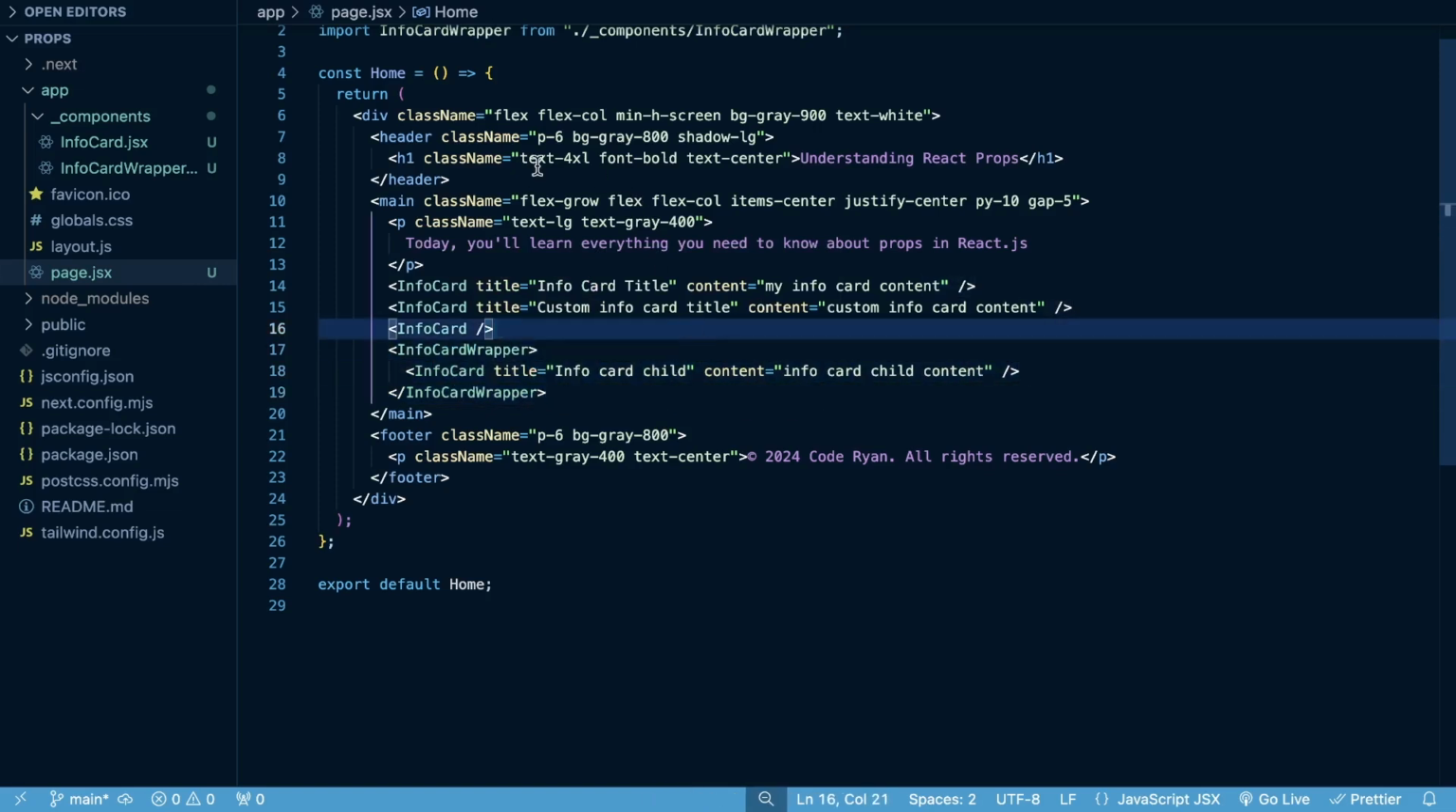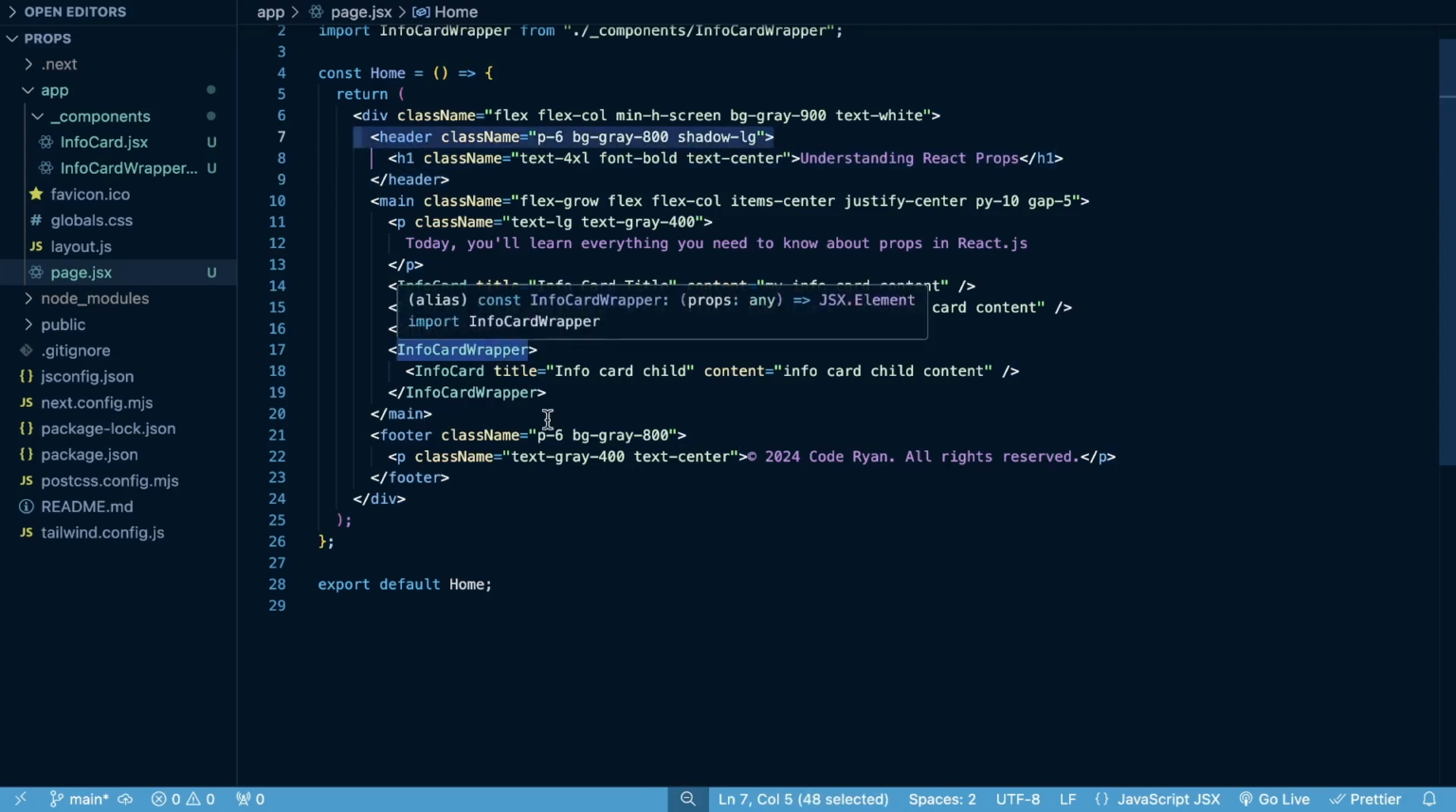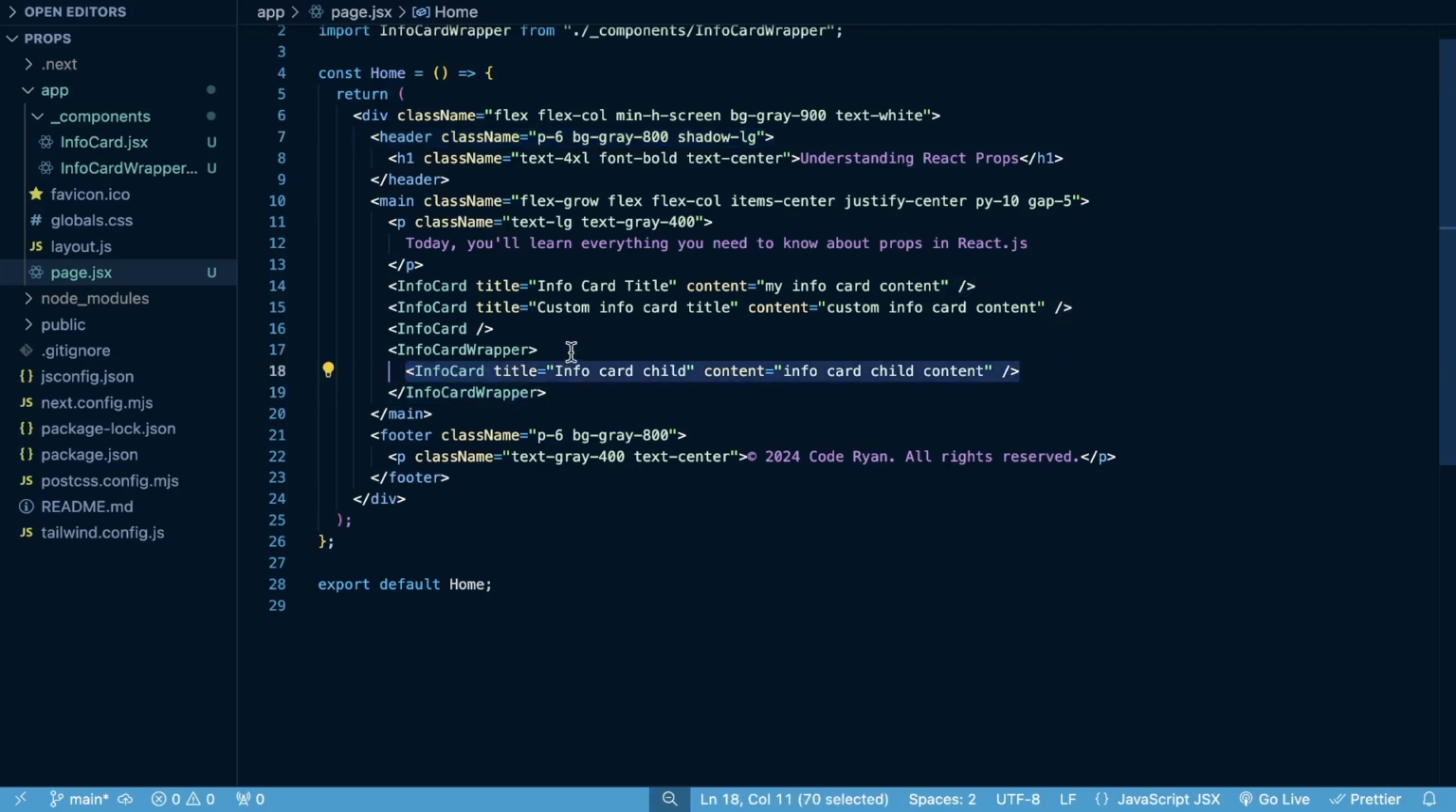In a very similar way that this header here has this h1 as a child to this header component, or this header HTML element, we can use the same sort of DOM structure logic to render this info card as a child to this info card wrapper. And the way that we're going to access this is going to be on the props.children